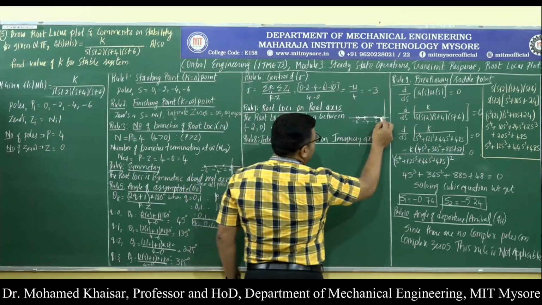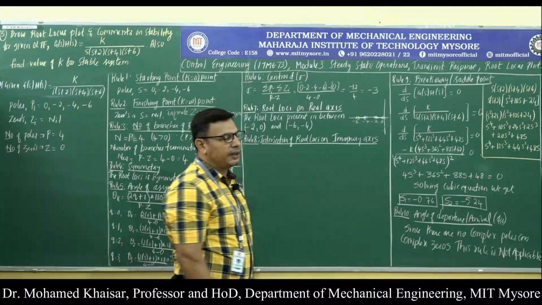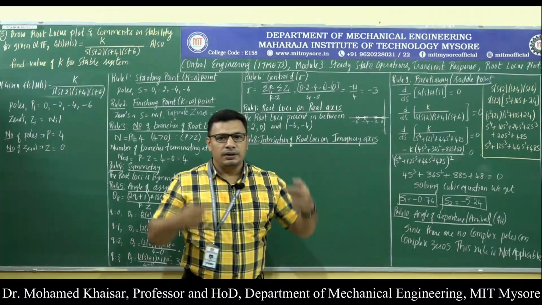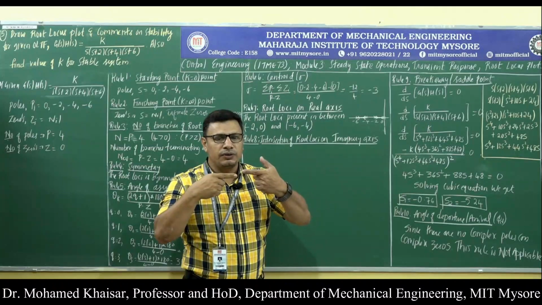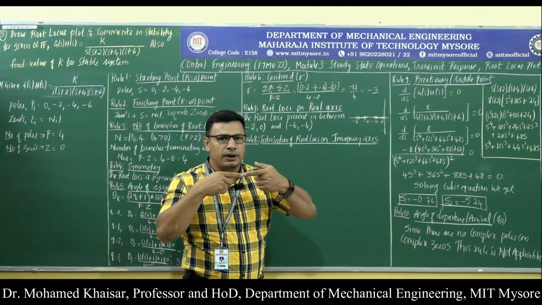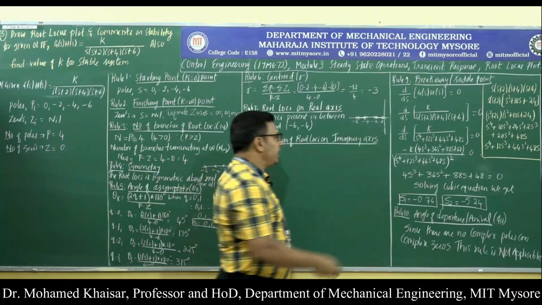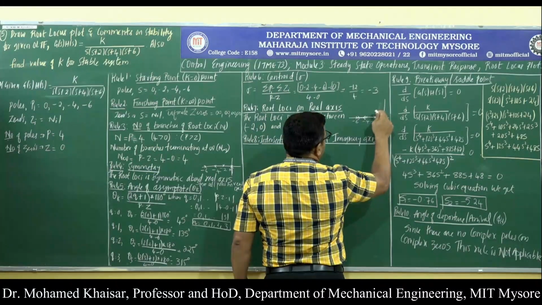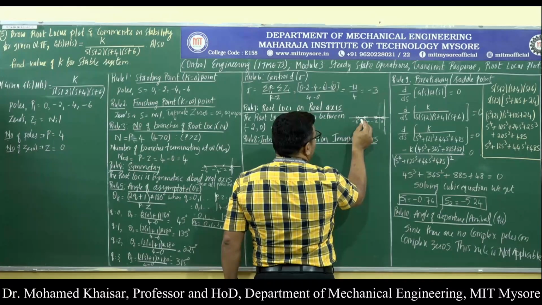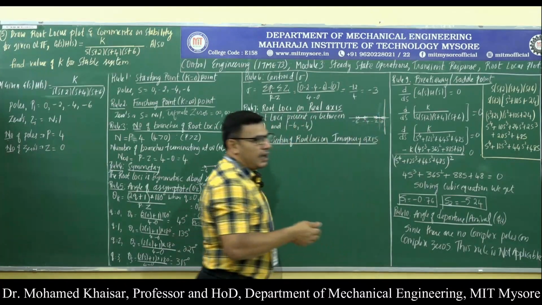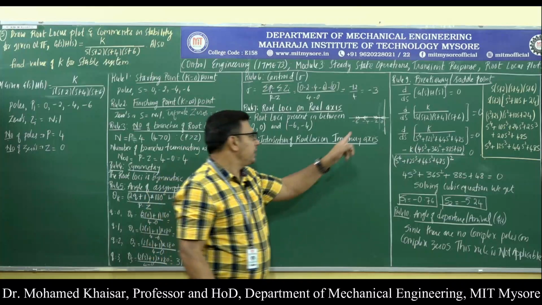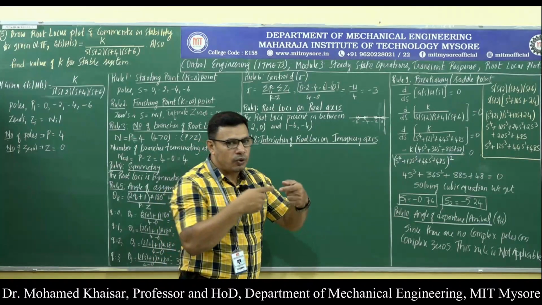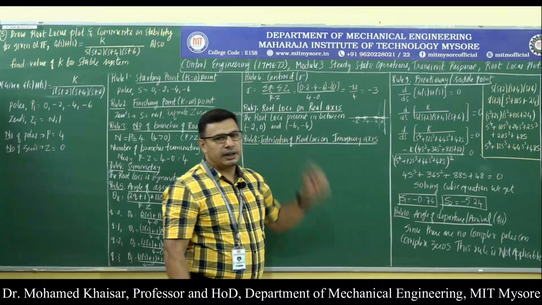Then in both the segments of root loci, we will find that the branches of root loci, one starting from 0 and the other starting from -2, are heading towards one another. When they are heading towards one another, obviously they will collide at a point in the segment and then they will break away, like this. In the same fashion, between -6 and -4, two branches of root loci are starting, one from -4, one from -6. They are again heading towards one another, so they are going to collide at a point and again break away.